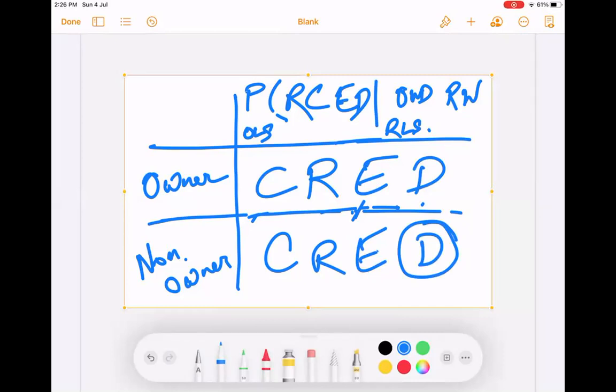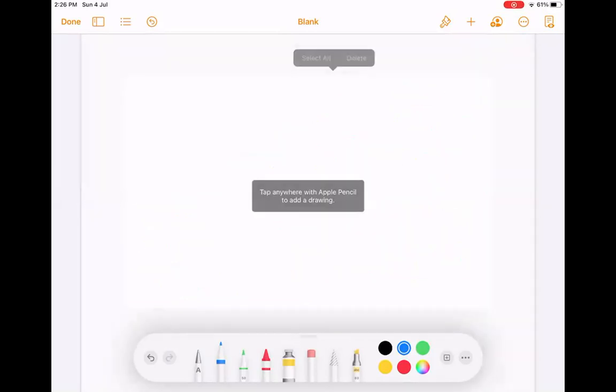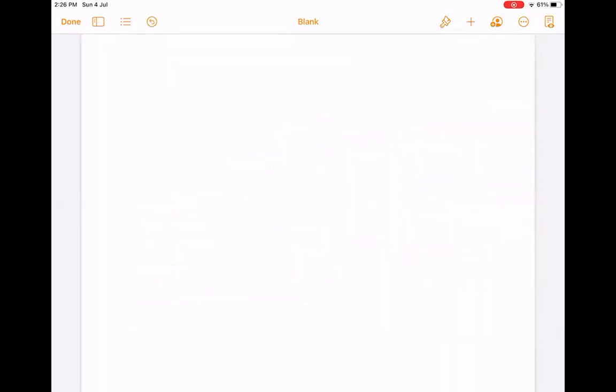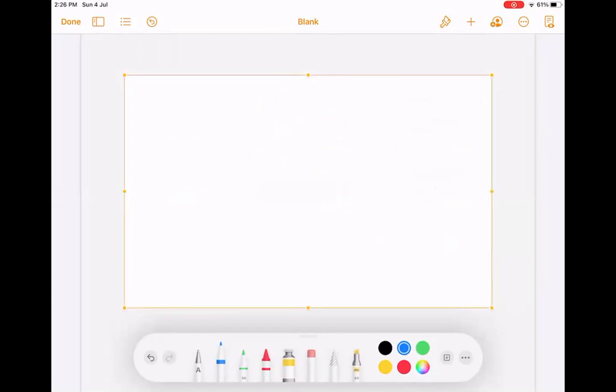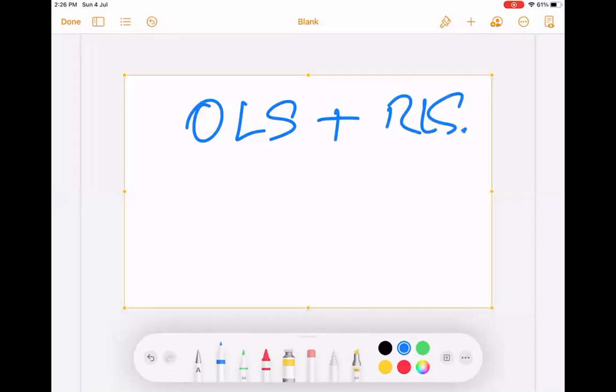Yes, sir. What is the easy formula to remember all this complicated logic? The easy formula to remember this: between OLS and RLS, I will not put the plus sign, this will confuse. Between OLS and RLS, how do I know that I have a permission on a record or not?